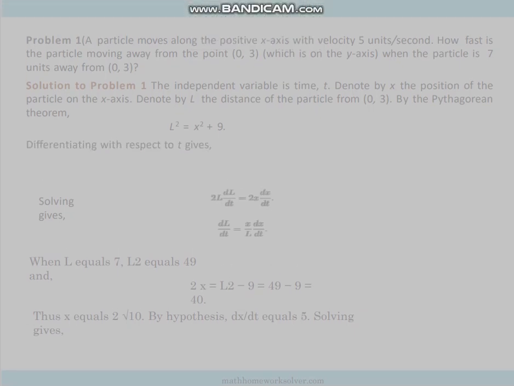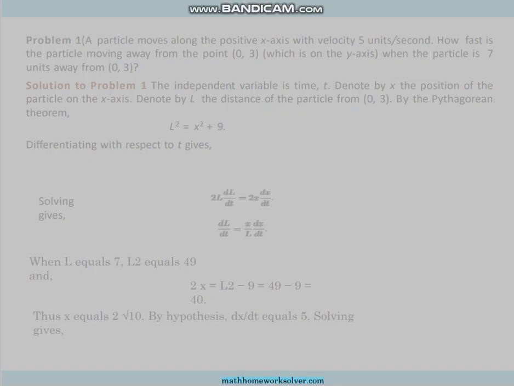Solving gives. When L equals 7, L² equals 49, and x² equals L² minus 9, which is 49 minus 9 equals 40. Thus x equals 2 square root 10. By hypothesis, dx/dt equals 5. Solving gives